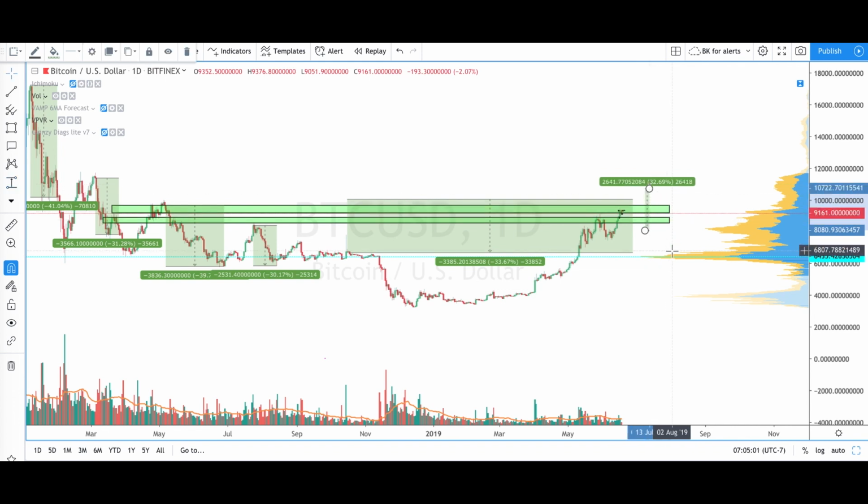So what potentially could happen here is we continue to move up on this parabolic move up to that $11,000. We have the FOMO kick in at 10. We take it into 11, 11.5, get our 30% correction back down and hit somewhere in the $8,000 range. The other potential would be that we find resistance, continue to find resistance at about 9.5, somewhere in there. And then if we make a breakdown from there and head 30% on a correction, then we head back into